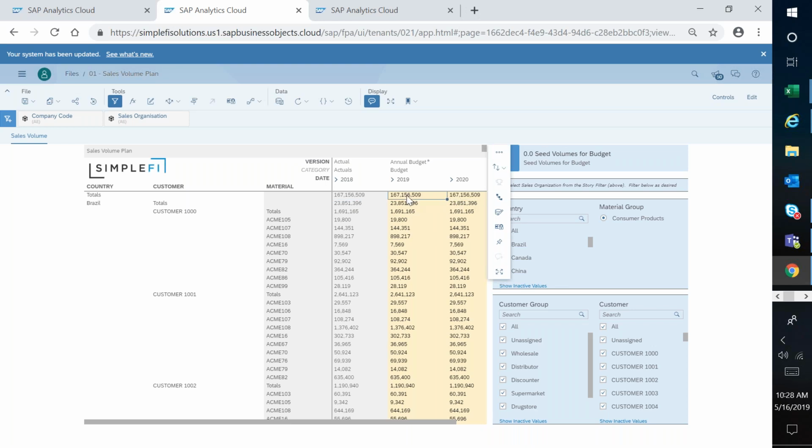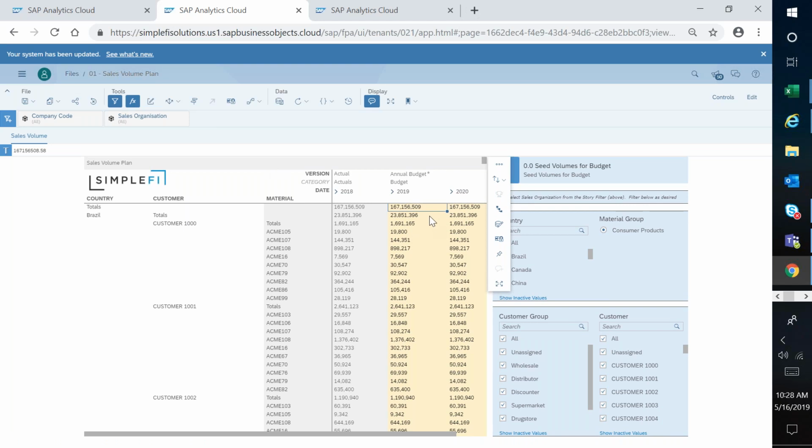Now I have the ability to change this to be another dollar amount. I can also use my toolbar up here, and I can actually, in my toolbar or directly in my cell, say, you know what, I just want to take this number and I want to increase it by 10%. So by doing that, it automatically tells me how many values have been changed, automatically changes my top level number, and adjusts everything beneath it. So that's, again, automatic disaggregation, right?